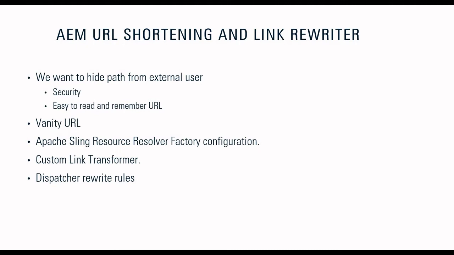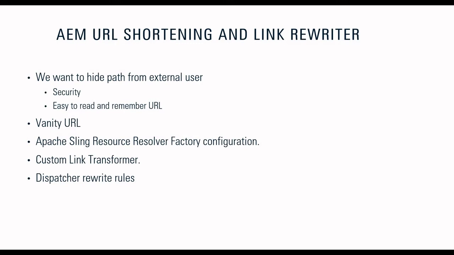On an actual production site, we don't want to put that kind of URL. What we want is a user-friendly URL so that people can easily remember it. This is because of readability as well as security, because we don't want to expose the actual path of our content repository to the end site. So we want to shorten the URL. Sometimes we just want to remove content, our site name, and USEN, or maybe even from our DAM repository assets. We don't want to put the exact absolute path, but we want to remove part of that URL from the path when we have it on the actual website.